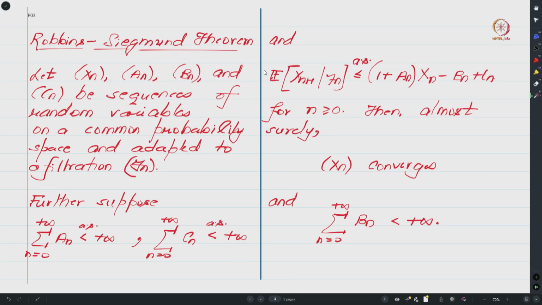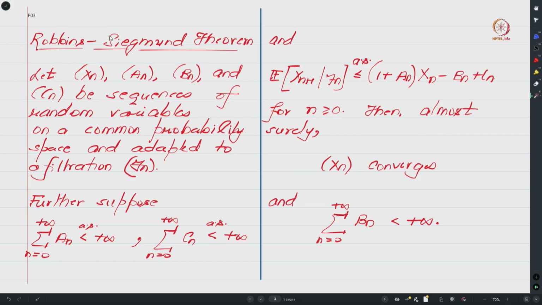So we want to analyze its convergence, and towards that we will make use of this Robbins-Siegmund theorem. I had told you that one can make use of the generalization of the ODE method in the context of differential inclusions, and somehow repeat the arguments that we had discussed in the context of the ODE method